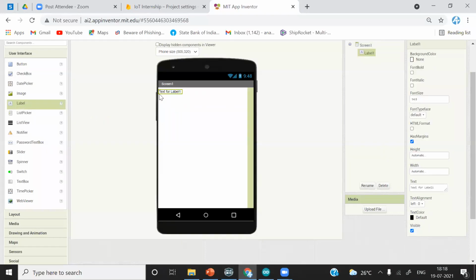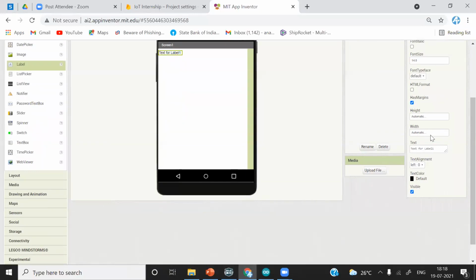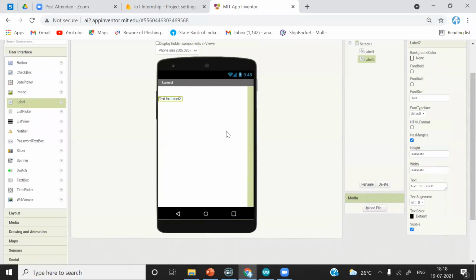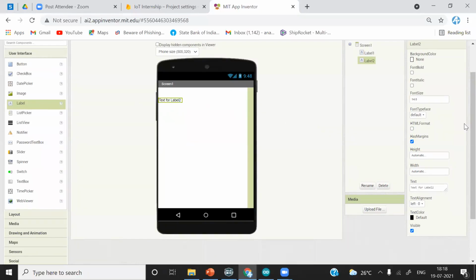First we'll add some distance from the top edge, 20 pixels, and remove this text. After that, I will add a new label. Make the text font size 30.